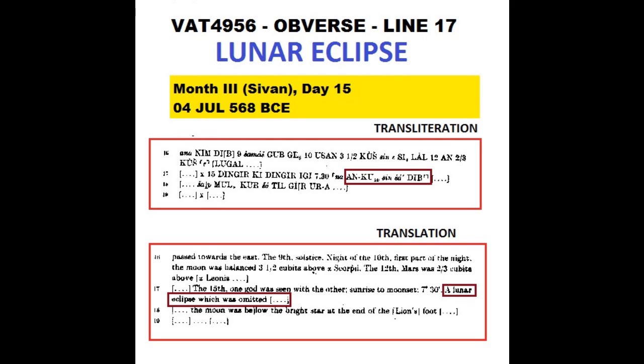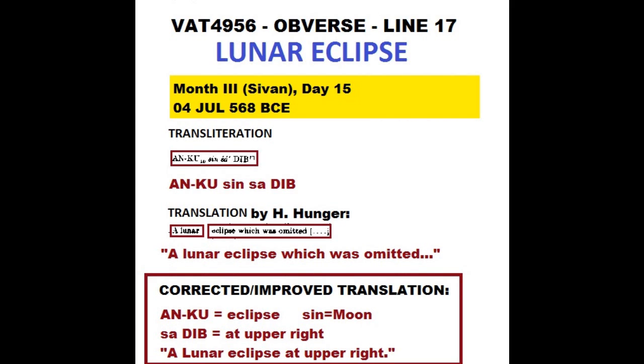So now we're going to look at the eclipse, which is in line 17 on the obverse side of the VAT4956. Here is the transliteration and the translation, and it shows Hermann Hunger translated this as a lunar eclipse was omitted because the times by our astro programs show that it wasn't seen. Anku Sin Sa Dib. Anku means eclipse, Sin means moon, and Sa Dib is at the upper right. So this should be translated a lunar eclipse at the upper right. Hunger translated this as a lunar eclipse which was omitted,